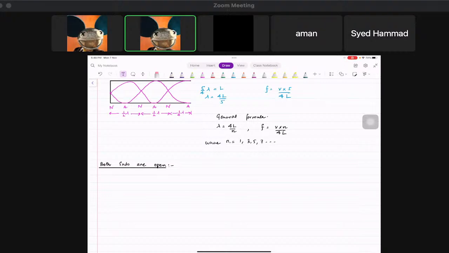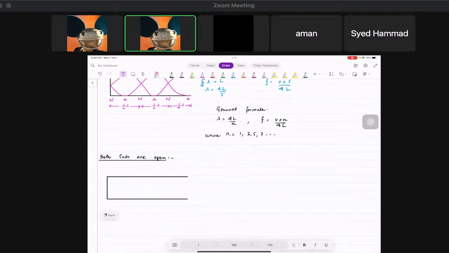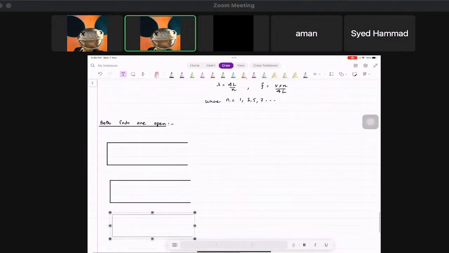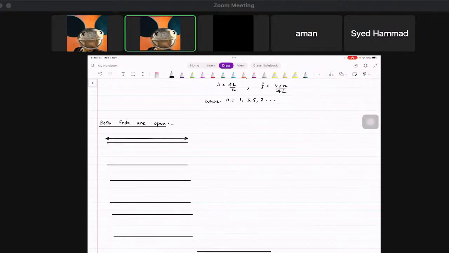So just don't draw it yet. What I'm saying is, suppose that this is the length L of the pipe that is open from both